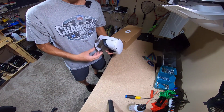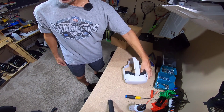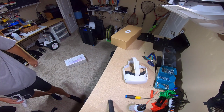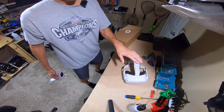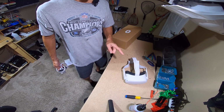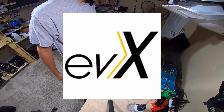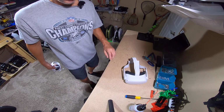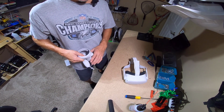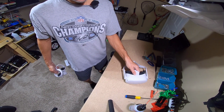I am a newbie when it comes to VR headsets, although they have been around for quite a while. This is the next iteration on the Oculus Quest, which is a very popular headset, and actually the Quest is the headset that Mickey, Mr. EVX, told me about. He's been using it for a while and he loved it, and he told me about how awesome it was, and I never really thought about it that seriously, but when I saw that the Quest